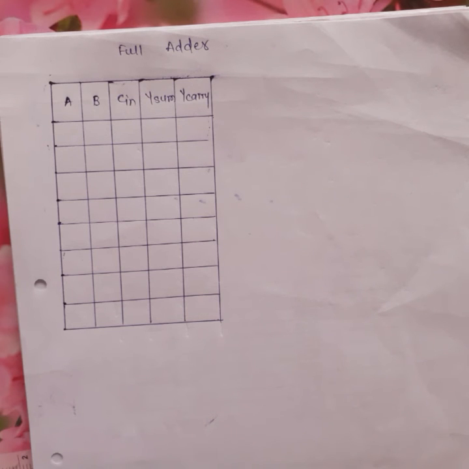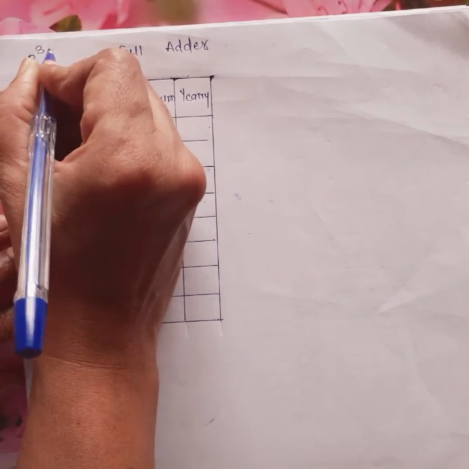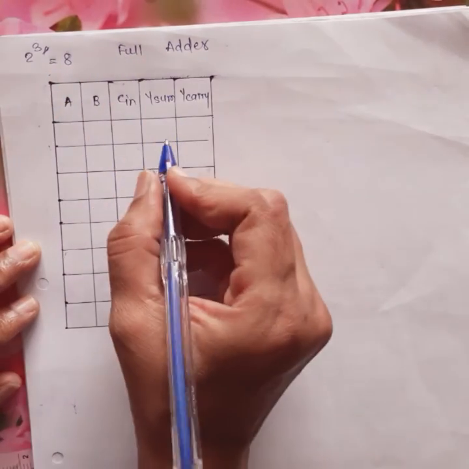With this video, we will see the truth table for the full adder and the respective Boolean expression. Unlike the half adder, the full adder performs addition by considering carry. So the total operands involved in addition by the full adder are 3. A and B, these are the two operands representing augend and addend, and the carry C in. Since there are 3 variables, 2 raised to 3, where 3 is the number of operands, we are going to have 8 combinations from the full adder.